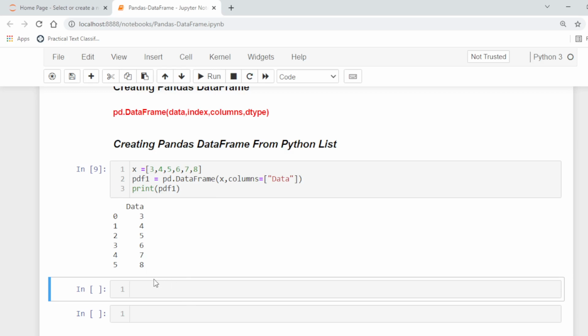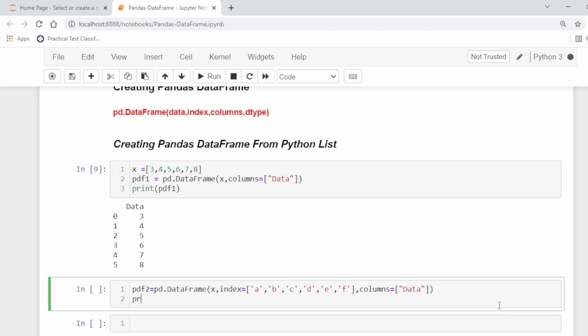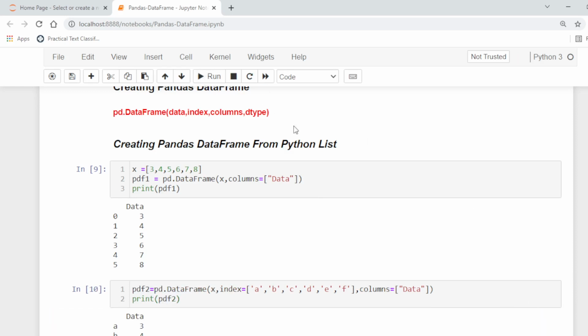The default is basically from 0 to n minus 1. If we want to specify the labels for each row, we can use the index argument like this. Now to print pdf2, we will get the following output.